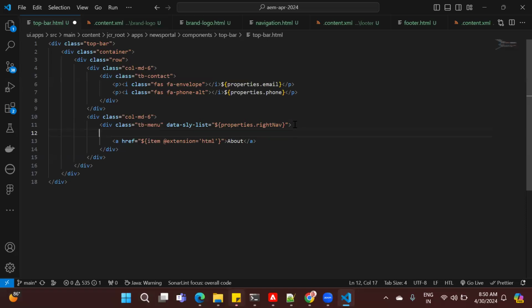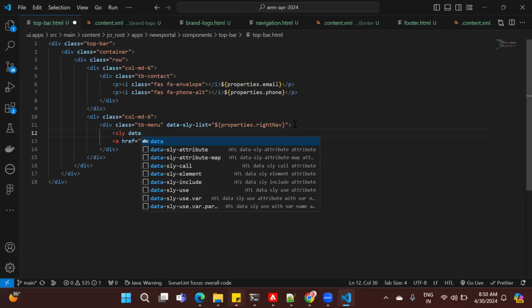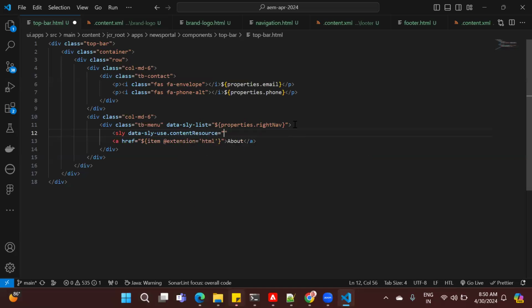Then how to read the title of these pages? Use data-sly-use.content resource equal dollar. So here we're creating a resource object for this page. This is the dynamic path. In the first iteration, the contact us page path will return, and then